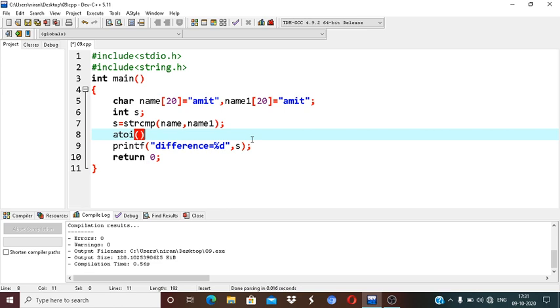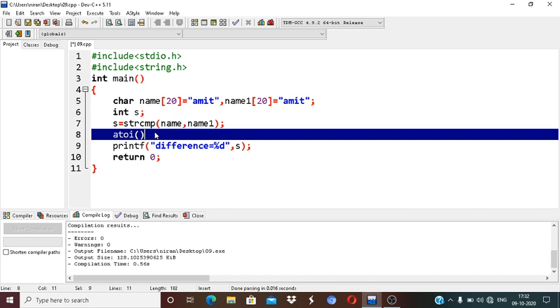So it will convert a string of digits to the integer value. It will not convert a character string, only an integer string, not a character string. In this case, I will initialize two character strings, but the atoi function does not convert these character strings. It will convert only the integer strings.